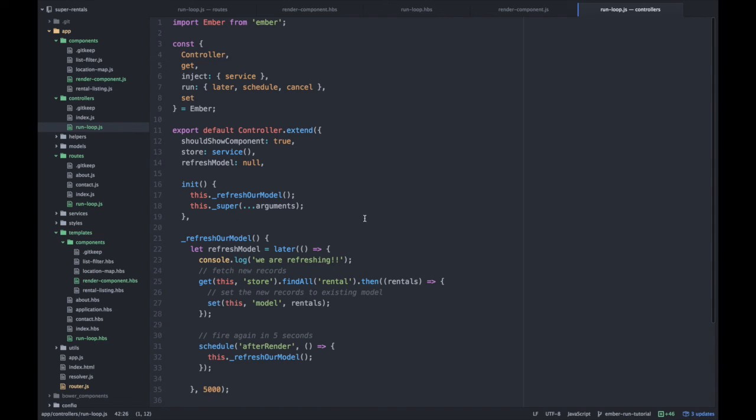Cool. So, that's kind of it for the Ember Run Loop. Again, you might not ever have to really use it. I think it's super useful for instances where you would normally use set timeout. So if you're ever using set timeout, go and look at your code. You might be able to use something like debounce or throttle or later. It makes it easier for Ember to digest, and timeouts can always have some weird async